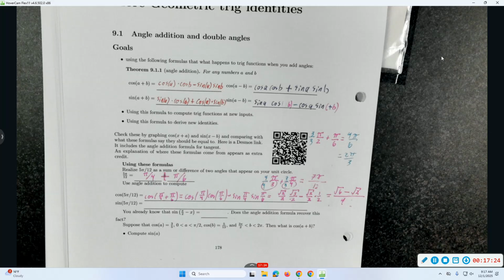And I guess we could double check that now using a calculator to get some decimal approximations. But instead, you know what? Do the next line. What's the sine of 5 pi over 12? Once you have an answer,